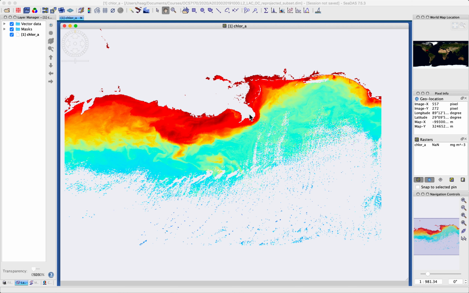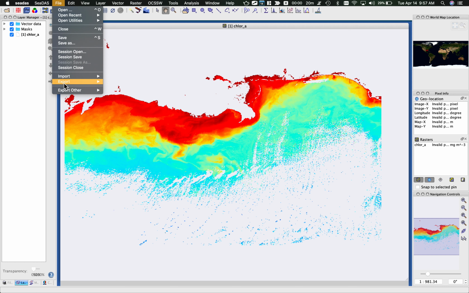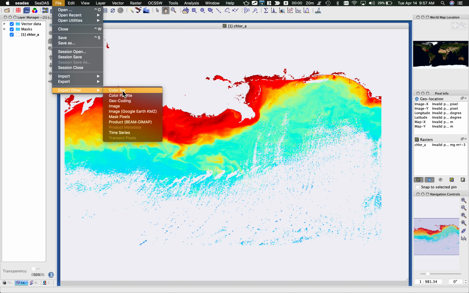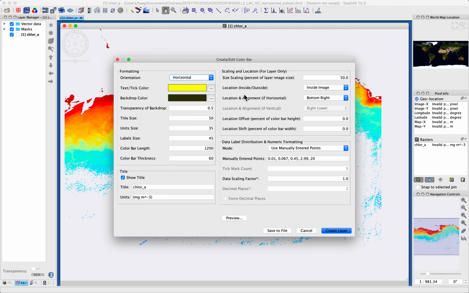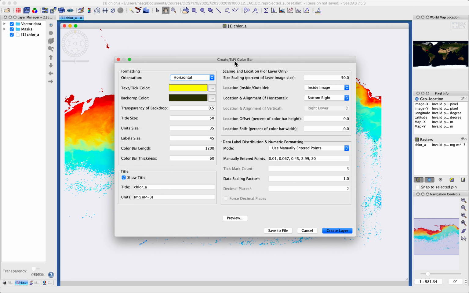Turning now to SeaDAS's management of a color bar that we would add to an image like this. The toolbar has a button that takes us directly there, located here. You'll notice in the file export other we have color bar. Those are equivalent functions. When you choose that, you get this dialog here, which lets you control every aspect of